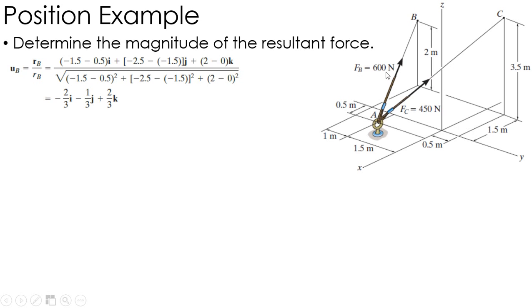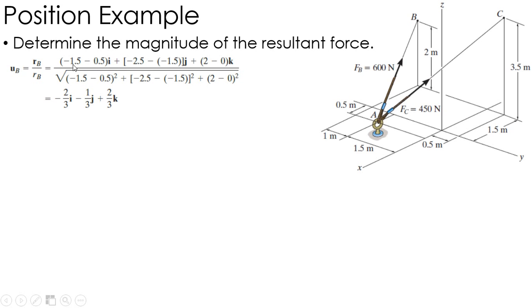So I start with vector B, and what I'm going to do is take that force vector, the 600 newtons, and multiply it by the unit vector going from A to B. A unit vector, again, has a magnitude of 1, basically just gives me the direction without changing the magnitude. So to find that unit vector, I just find the position vector from A to B and divide it by its magnitude. Now, moving from A to B, again, it's just final minus initial in all of the